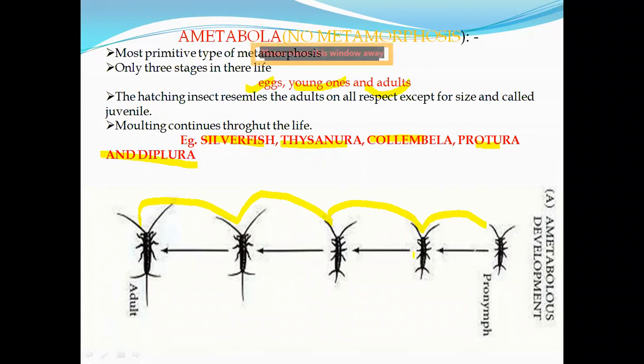There is non-stop molting. Continuous molting means there is the shedding of old skin and formation of a new one, that is called molting. But this is the ametabola, or no metamorphosis type. Or we can say in another way, there is no metamorphosis, because there are no changes, only slight changes in size, but all resemble the same. Okay, it's the silverfish.